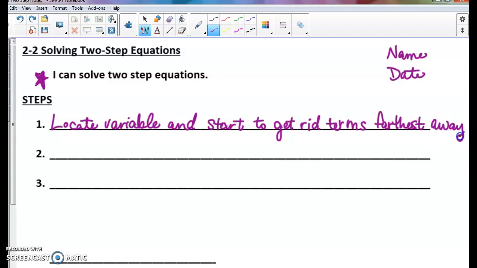And the reason why is because the examples we see today aren't going to be all exactly the same. They'll have some different steps for different examples that we'll have to go through. So the very first step is to locate the variable and to start to get rid of the terms that